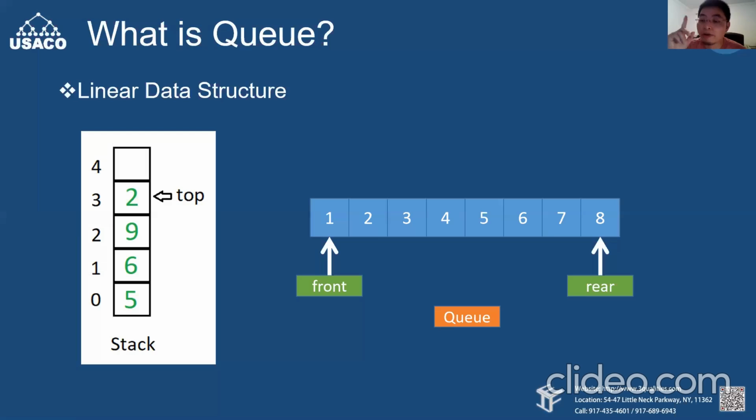But there is a very big difference between stack and queue. Let's review the stack. Louis, I'm going to ask you this question: what's the special character of a stack? When you put something in, for example, if you put value 1 in first and then value 2, you have to take out value 2 first, and then. What do we call that?